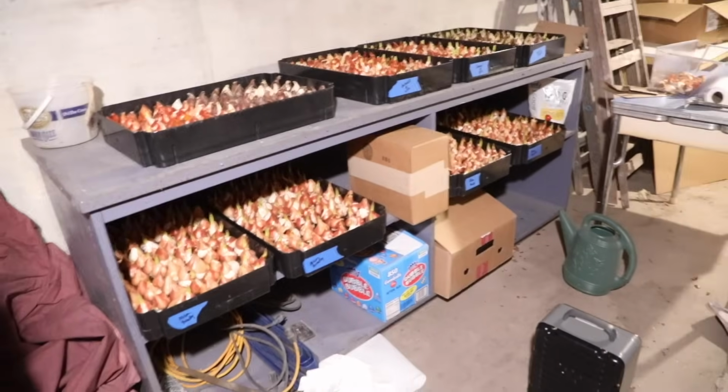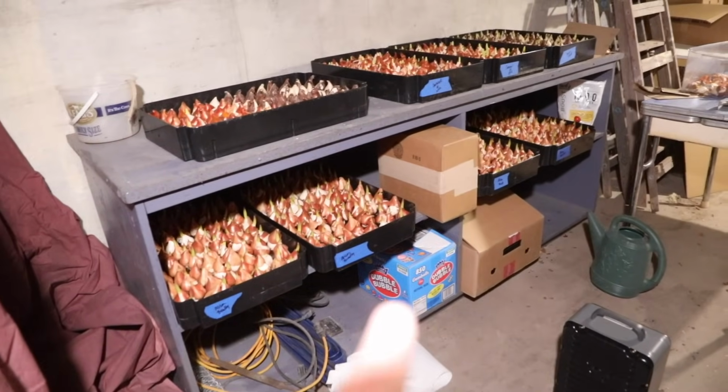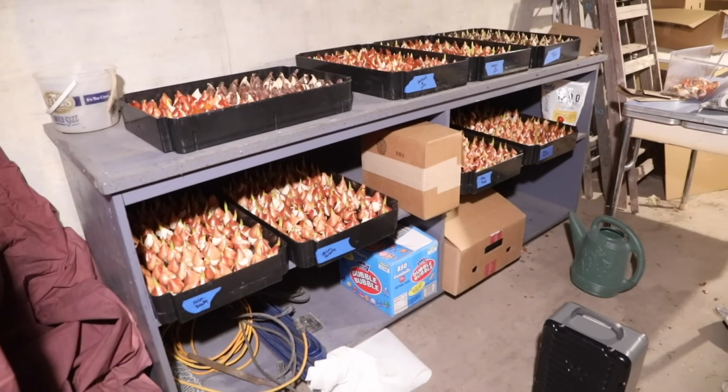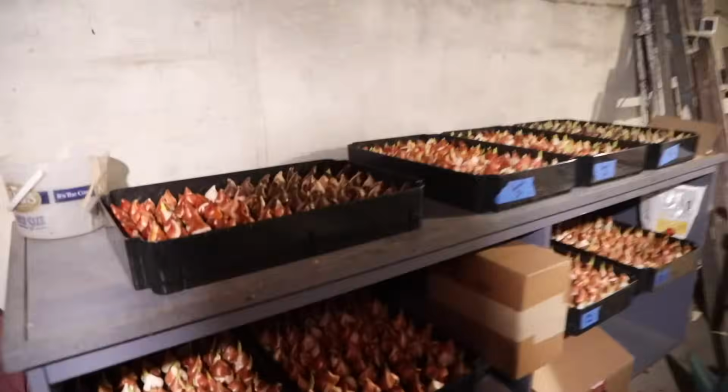There's all of my bulbs. But right down here in these boxes, those are my dahlia tubers, and that's what I need to grab for what we're going to do today. But quick, while I have you in here,